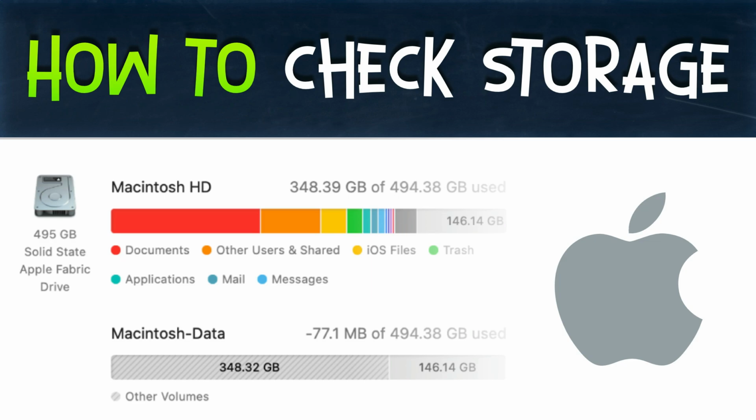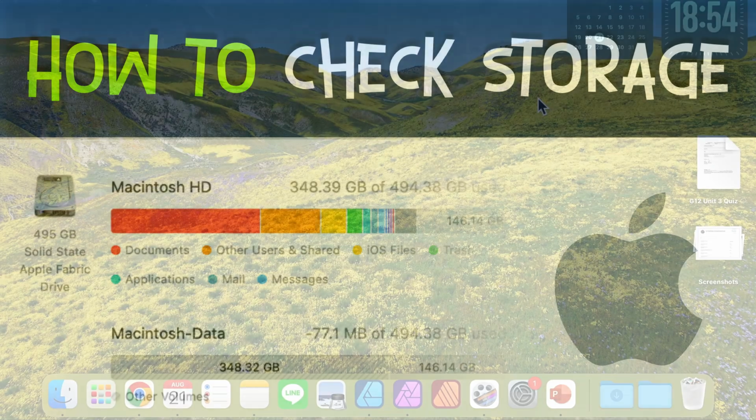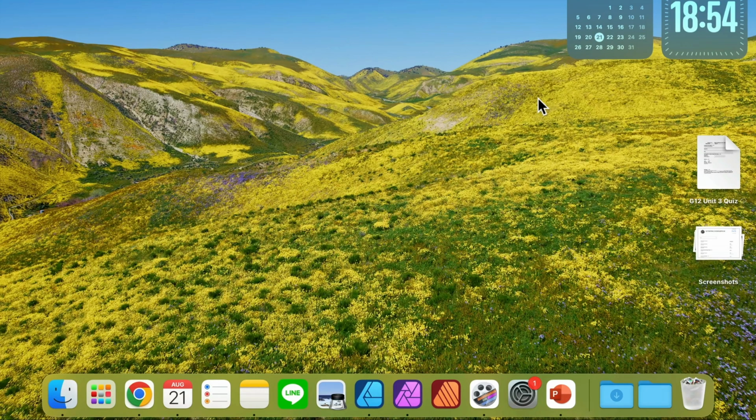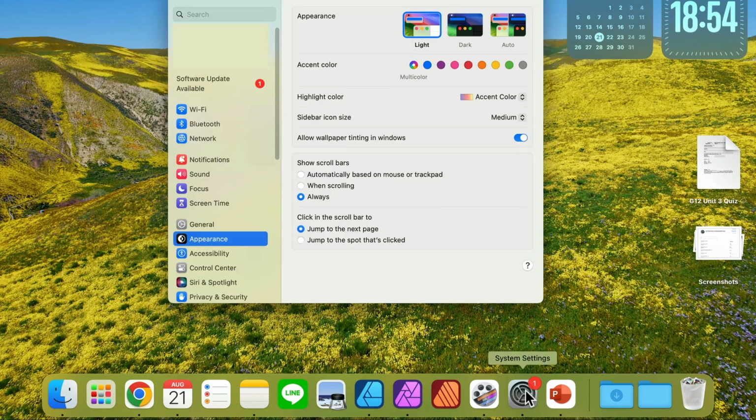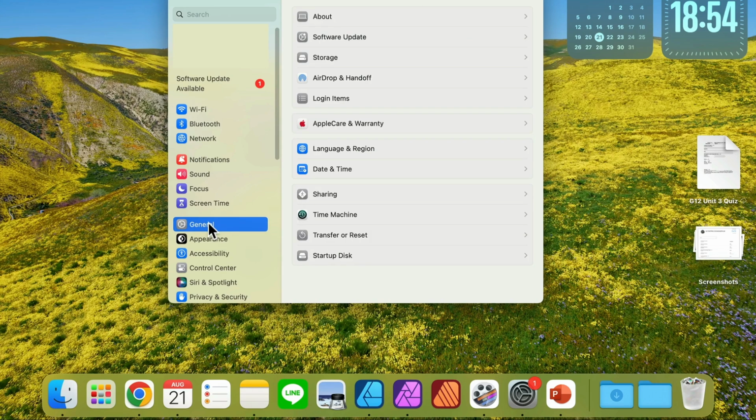How to check storage on Mac? Simply head to System Settings. You should see this icon over here in your dock. After your settings open up, you need to search for General settings here on the left. Now you should be able to see your storage. Just click on it